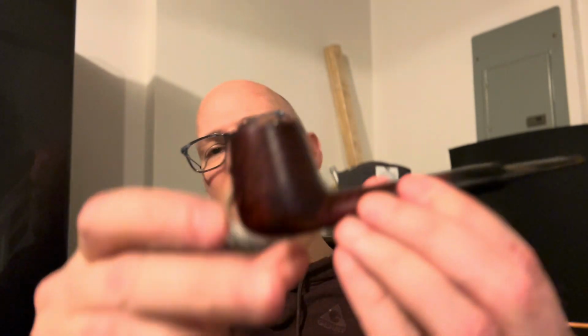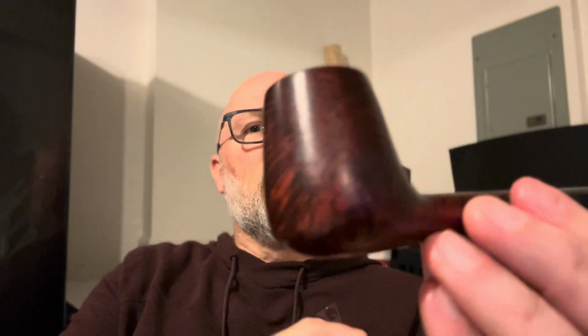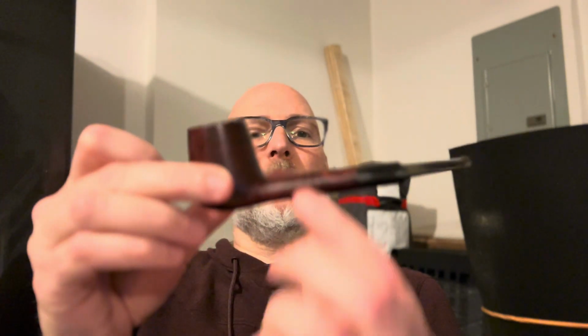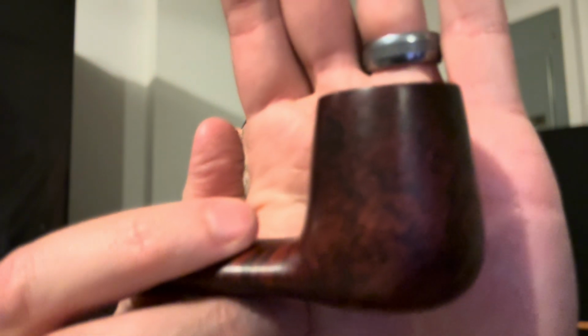tonight's pipe. This is new, I don't think I've introduced this one to you guys before. This is a Butz-Choquin, as my estate collection of Butz-Choquins continues to grow. The Capitaine 70. I don't know how to describe the shape. It's not really Lavat because it is an oval shank that's fairly thin and flat, and I just kind of love it. It's got some really nice grain on it. Some nice bird's eye. I don't know if you can get in here on this again. I don't know if that works. Anyway,